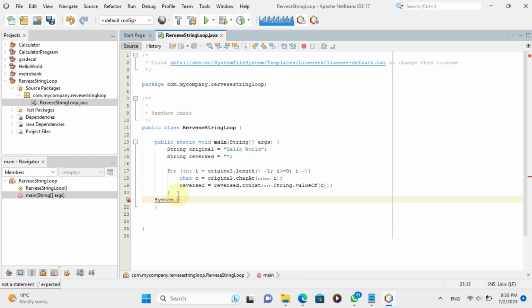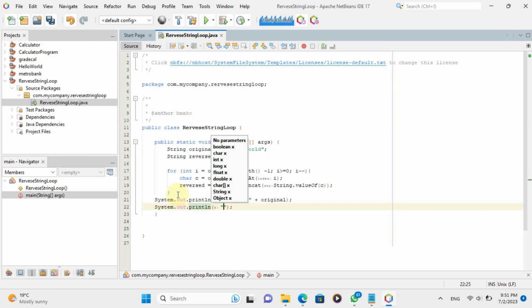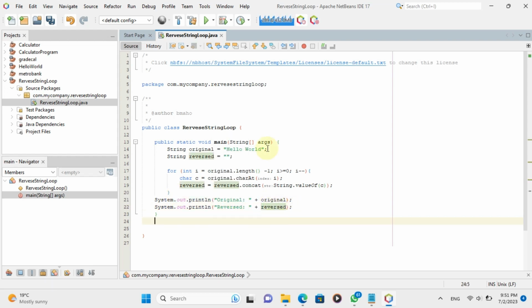Print the original and reversed strings. If we run this code, we will get the following output.